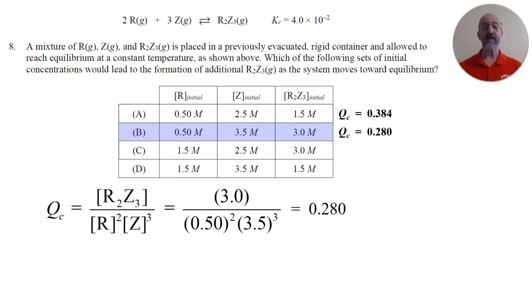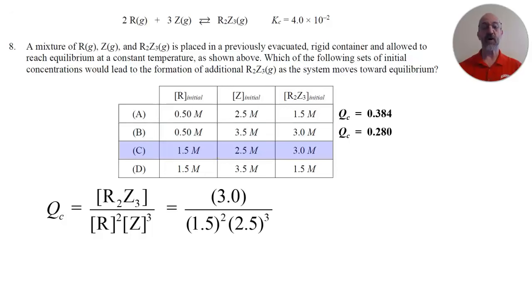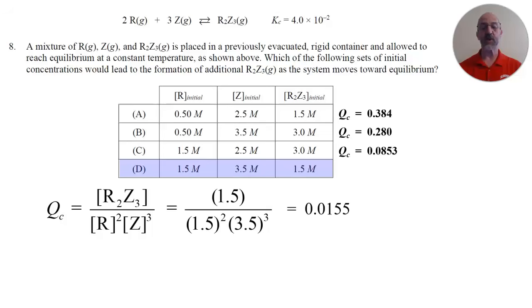And now moving on to choice C, the math involved is 3 divided by the product of 1.5 squared times 2.5 cubed. So when I do that math, I get that the value of the reaction quotient is 0.0853. And then now finally moving on to choice D, when I set up the math for the reaction quotient, it's 1.5 divided by the product of 1.5 squared times 3.5 cubed. And so when I do that math, I get that the value of the reaction quotient is